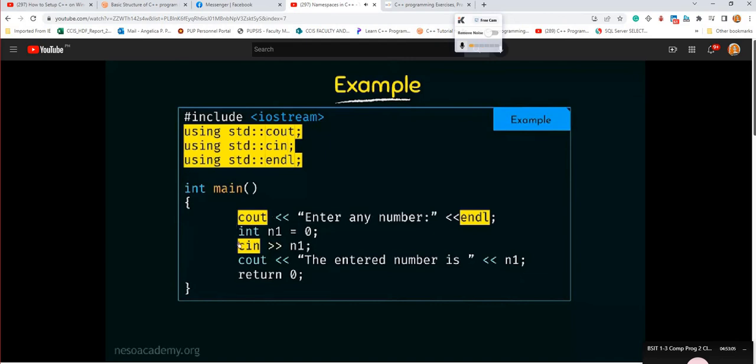So I don't need to write std here, here, nor here. So this program is also correct and it will compile correctly. Okay, so one more problem that we can face here is that we have to specify for each and every